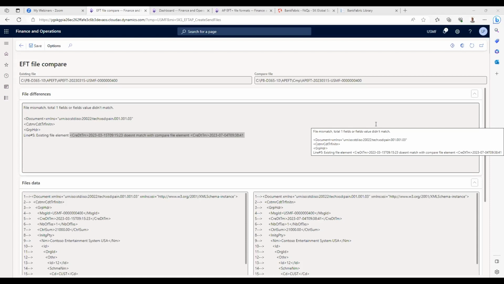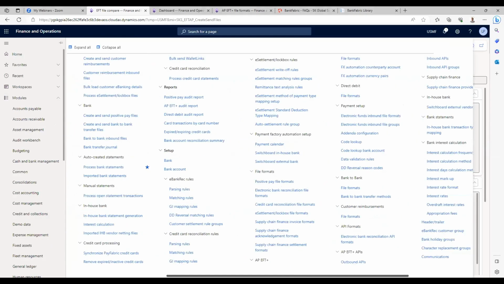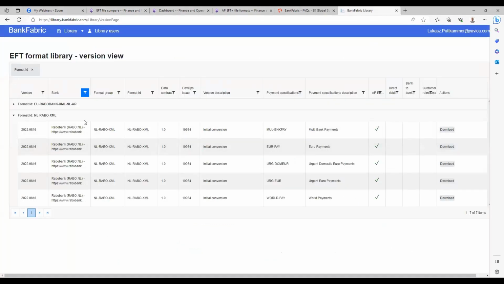Yes, the other thing is as well that we are actually talking about 4 types of outbound files. So we do have APFT, we do have direct debits, customer reimbursement, and bank to bank. So each of those has its own section, of course, on the file formats part. And then each of those, of course, will have its own files in the BankFabric library. So yeah, if we can switch to the previous version, probably